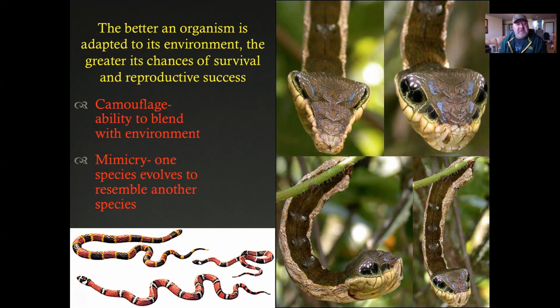It's not like camouflage because these organisms aren't necessarily trying to hide, but they're trying to resemble other organisms. Like this is a snake, right? I don't remember the name of this. I kind of feel like I want to say it's a puff adder, but I'm not positive. Okay, so the puff adder is a dangerous venomous snake. Organisms tend to stay away from it, right? Because it's dangerous. Well, these insects or these bugs, if you will, have evolved themselves to resemble or to mimic the puff adder or that snake because other organisms will leave it alone. Okay, so it kind of makes sense. It's like putting itself in disguise.